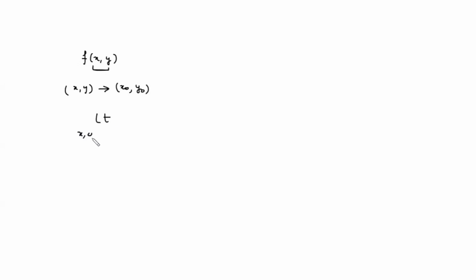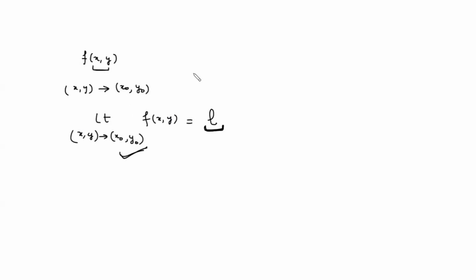Mathematically, it's very clear. You will write down (x, y) approaching (x naught, y naught). If your f of (x, y) is approaching L, this L exists, it is some finite number, you will say the limit of this function exists at this point. Same way as in single variable.